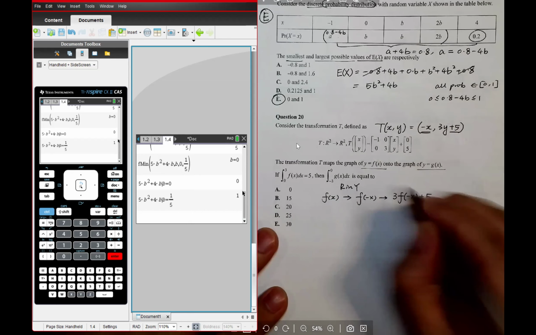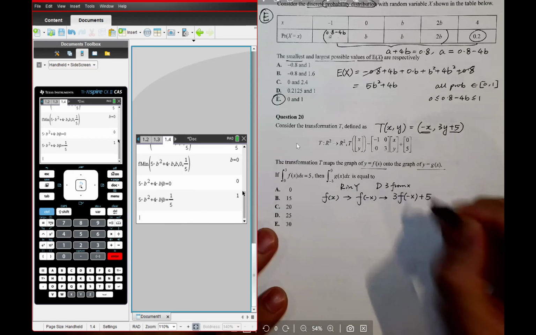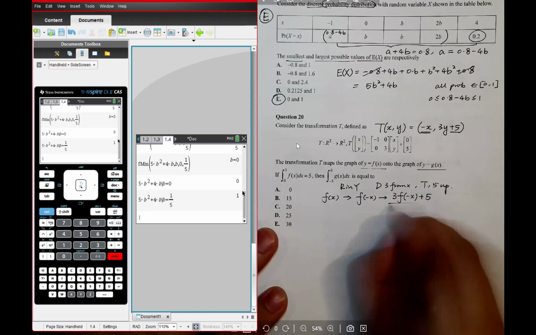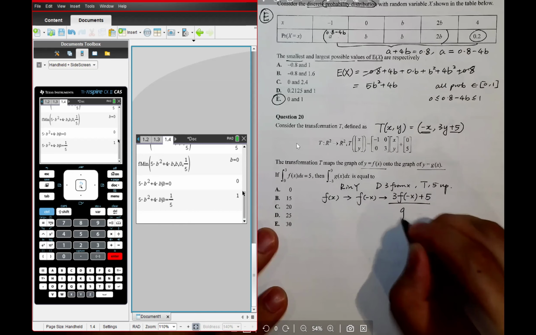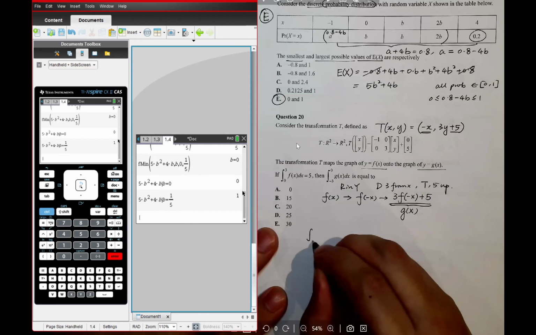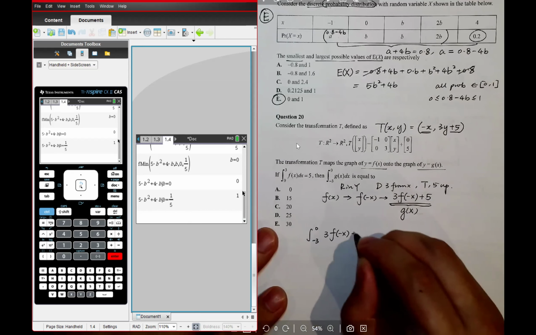Reflection in the y-axis, dilation factor 3 parallel to y, and then translate by 5 units up. So this resulting function is my g of x. Now my integration is minus 3 to 0, 3 lots of f of minus x plus 5,